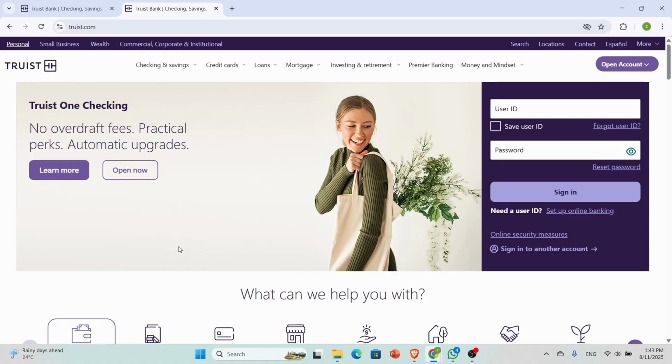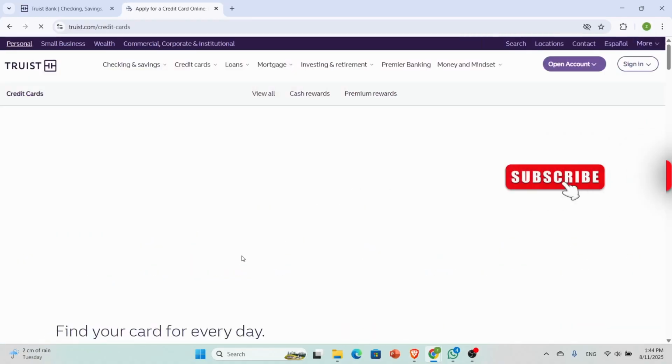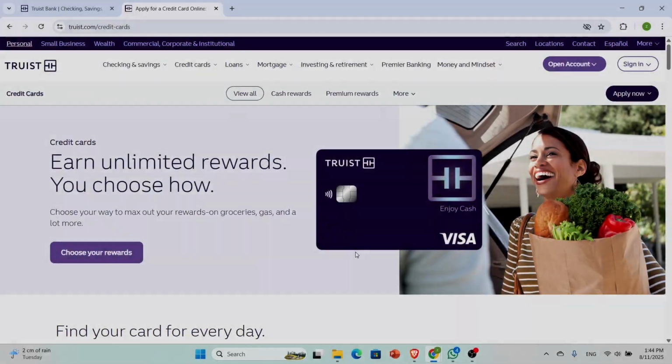Now here you simply have to log in with your account, and once logged in, navigate to the cards or card services. And there you simply have to find the option to lock card and click it to immediately freeze your card